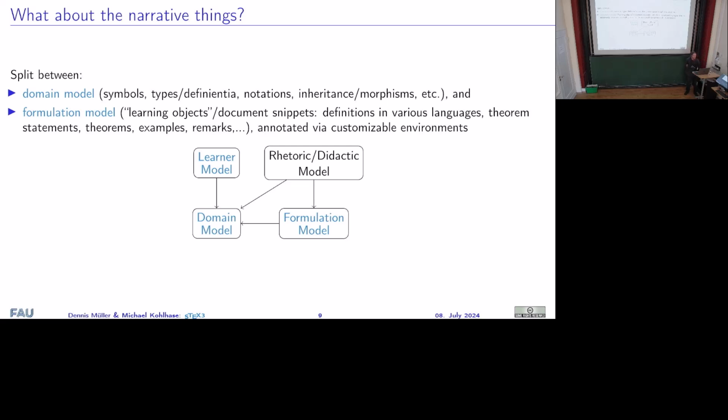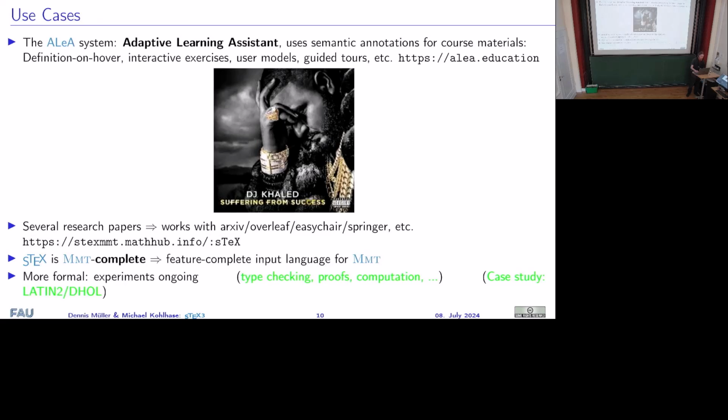The 4th thing that we can do in terms of services is to then have a learner model that keeps track of what you do when you interact with active documents to figure out what you already know, what you do not know, and to some extent tailor services to that. I can get to that later. We have a couple of use cases, the flagship one being the Alea system, which I mentioned earlier, our course portal. We have all of Michael's lecture notes up there, written in STEC and augmented by semantic features.